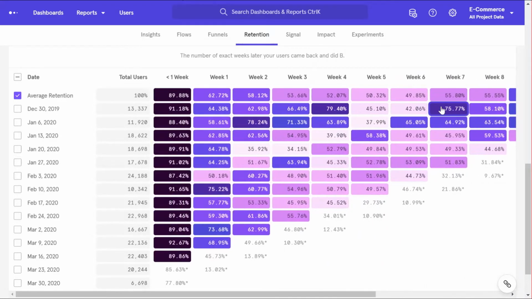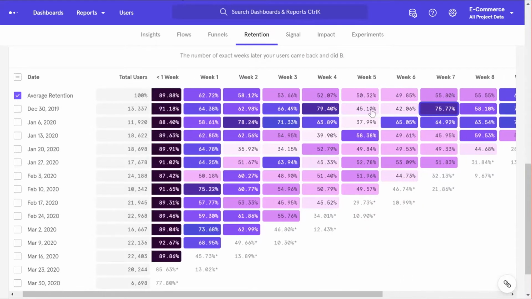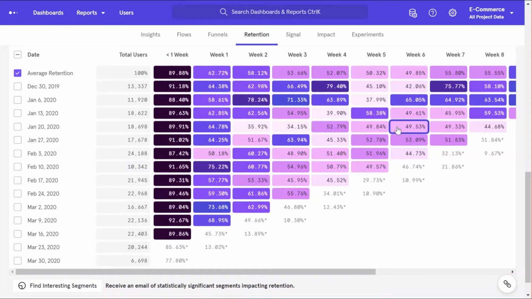Now this is a sample data, and like we have seen in earlier reports, the numbers here look pretty good, although they do seem to go up and down. In these weeks, for some reason, retention was bad, but it shot up again in the next week here. Right. And similarly, each row represents the different period. This row represents people who were acquired between January 6th and 12th. Of these 11.9K people, 88.4% of them placed an order within a week, 58.61% in next week, and so on.